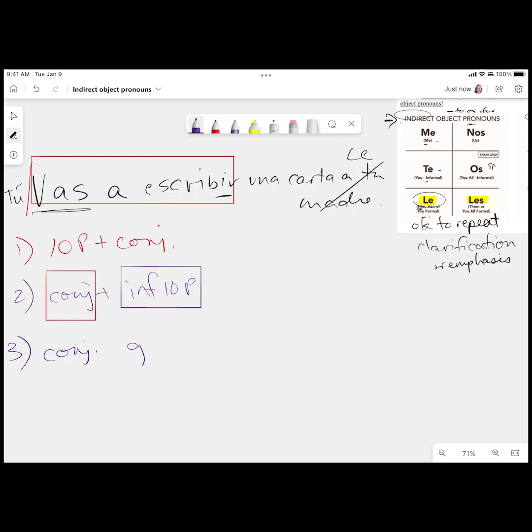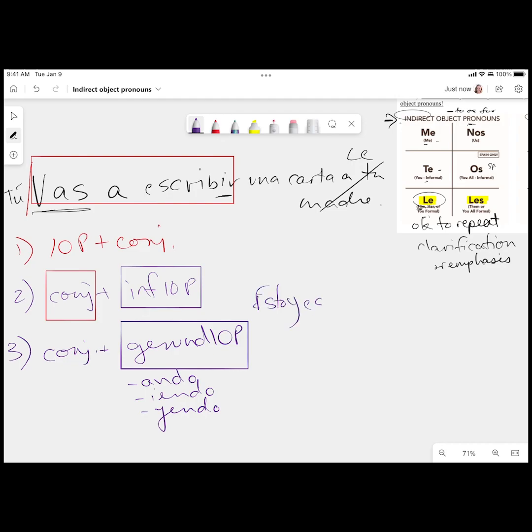And last but not least, we're going to talk about the third structure that you can end up with, which is a conjugated verb plus a gerund with the indirect object pronoun tagged onto the end. You might be asking, what's a gerund again? These are the verbs that end with -ando and -iendo. For example, "estoy escribiendo," I am writing. In this case, we've already identified our indirect object pronoun, so if we follow the grammar structure, "yo estoy escribiendo una carta a tu madre" can be rewritten